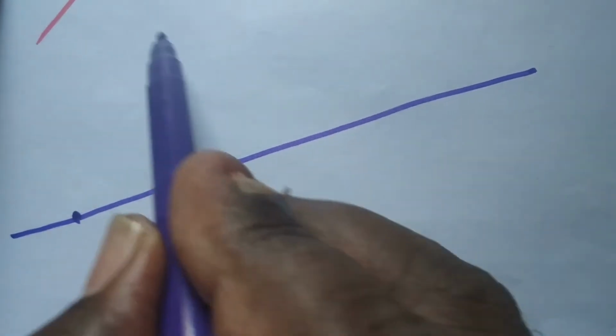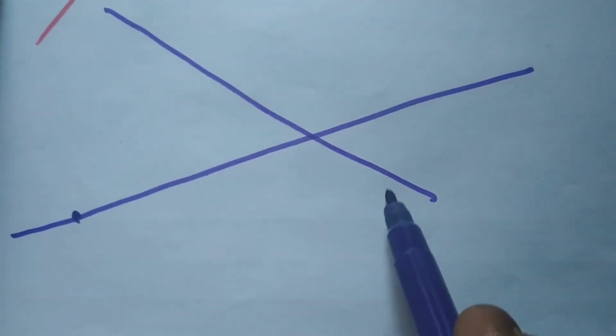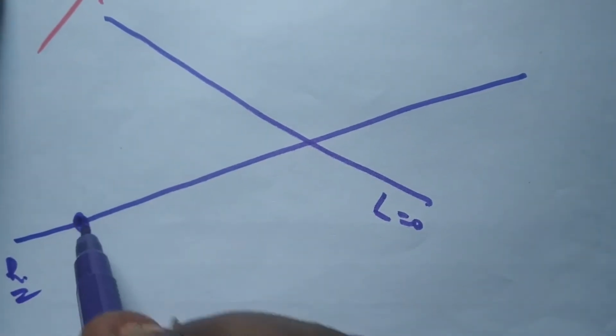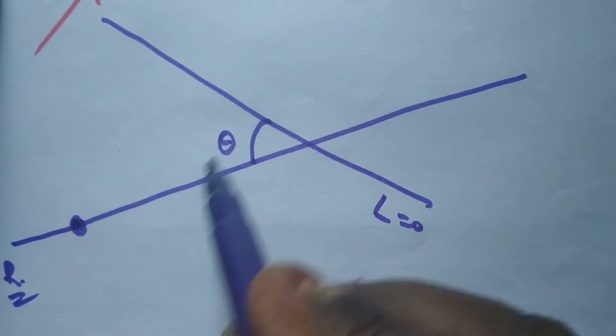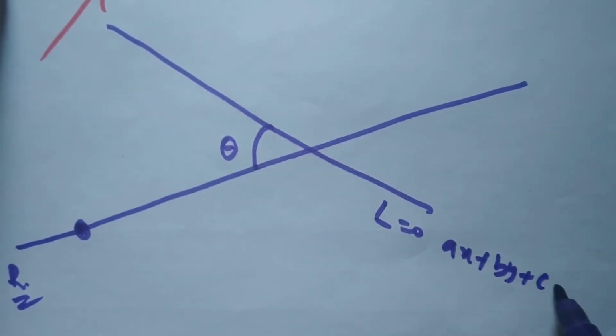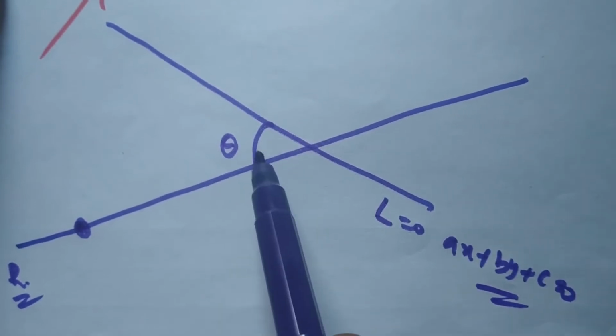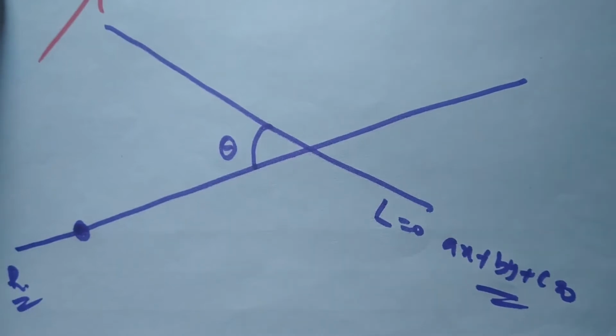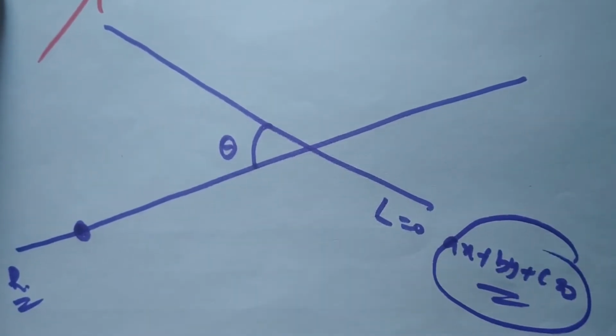Okay, let us see another concept. How to find the equation of a line passing through some point and making an angle theta with the given line. This is the given line L equal to 0. This is your required line passing through some point that makes an angle theta with the given line. Your line L is ax plus by plus c equal to 0, say. I am not using the tan theta formula, mod of m1 minus m2 by 1 plus m1 m2, like that. So I am approaching with a small shortcut formula.